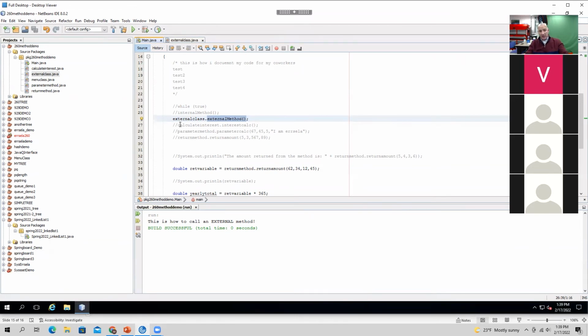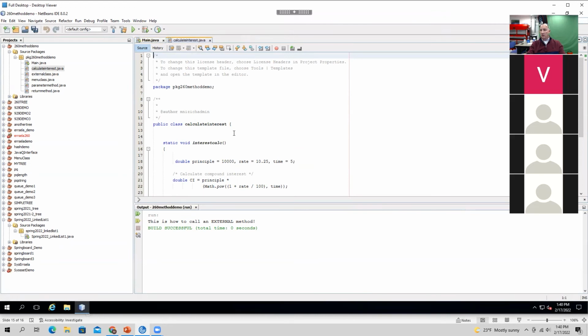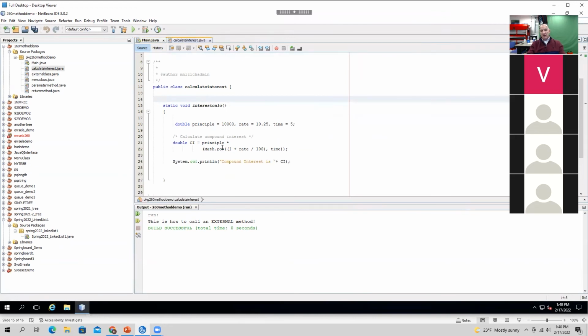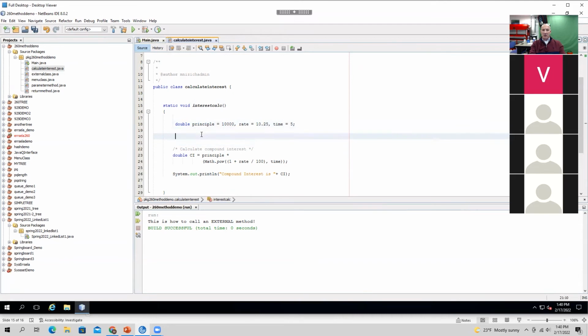All right. So this is an example of how to call another method from an external class. Okay. Sometimes we want to actually call a method that does some sort of mathematical work. In this particular method inside of this particular class, we're looking at how we work with numbers, okay? Anytime you work with Java and you work with numbers, you're going to work with things like integer, things like double, things like string, okay?